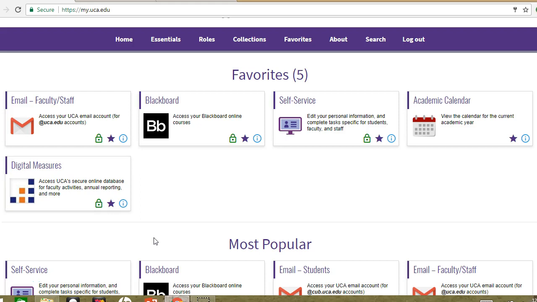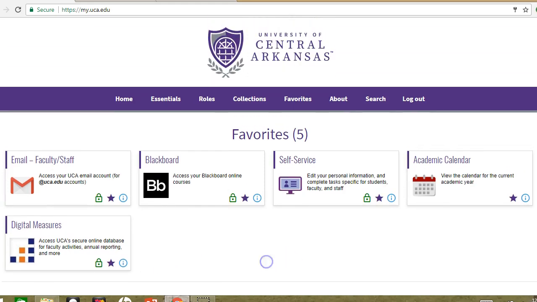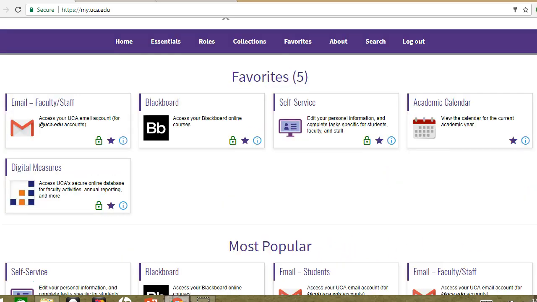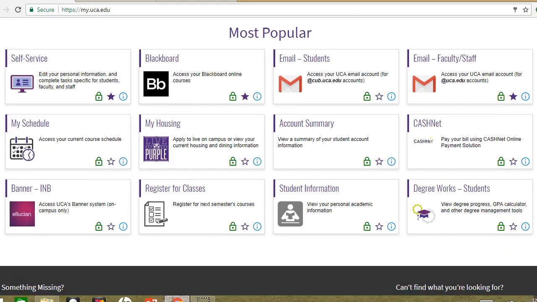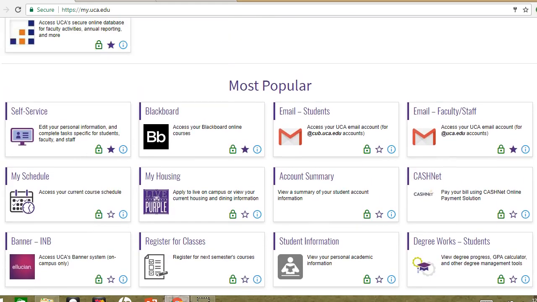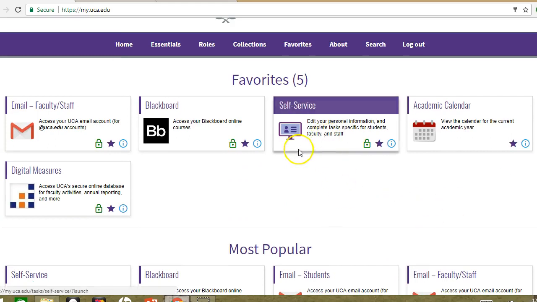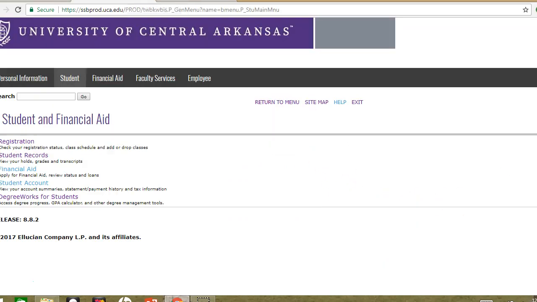So once you log in to your myUCA, you should be on a page that looks similar to this. I have selected some favorites, things that I always use when I'm logged into myUCA, and you're going to want to check your star beside the little tab that says self-service. And you can always scroll down, and these are your most popular items that are used, and I've made self-service one of my favorites. So if I click on that, it's going to take me to a page that